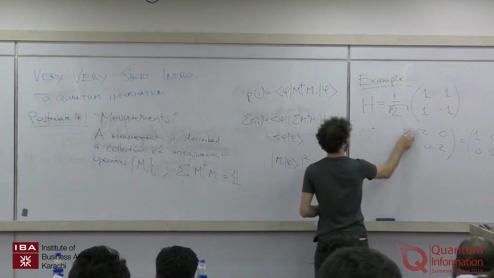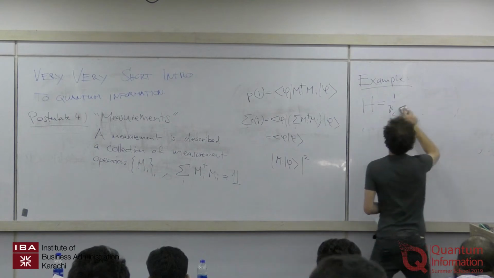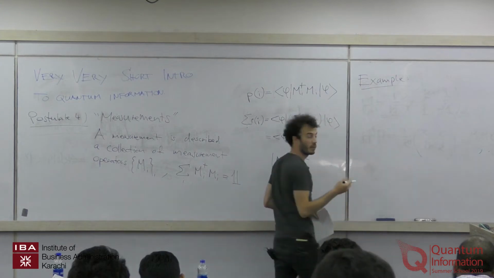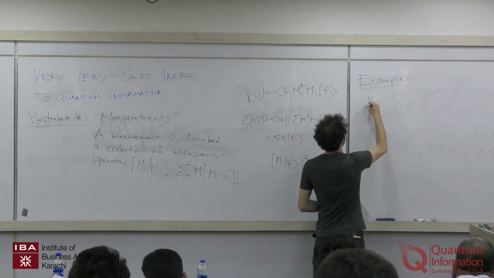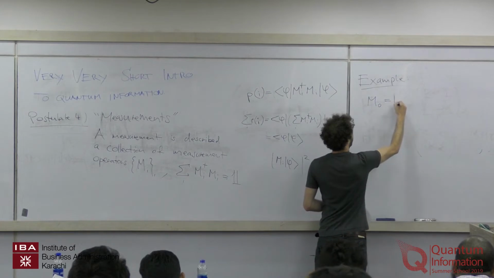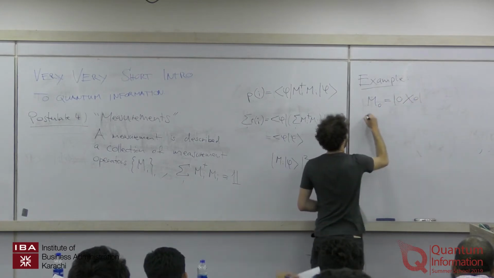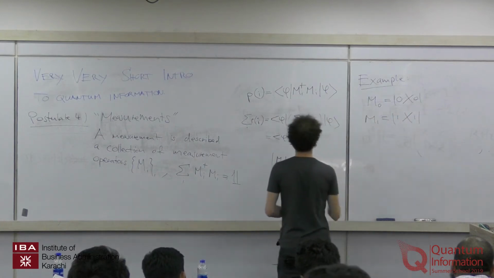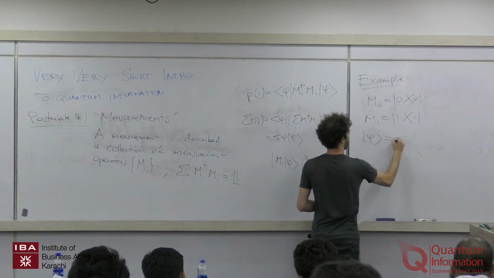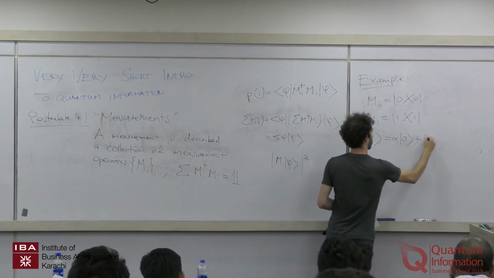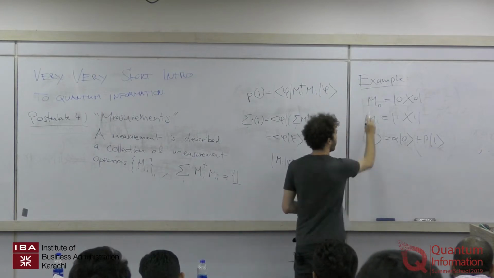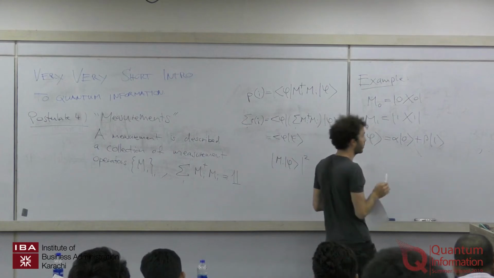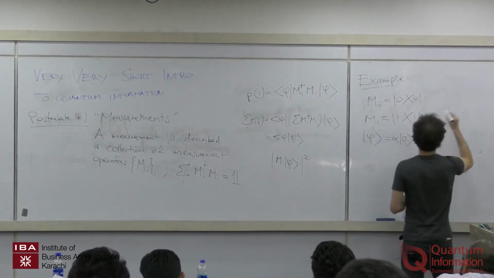Okay. So if you have, as an example, if you make a measurement in the computational basis, then the measurement operators, one is this, and the other one is that. Now if you measure some state with this measurement operator, let's say we want to see what is the probability of measuring 0, then according to this